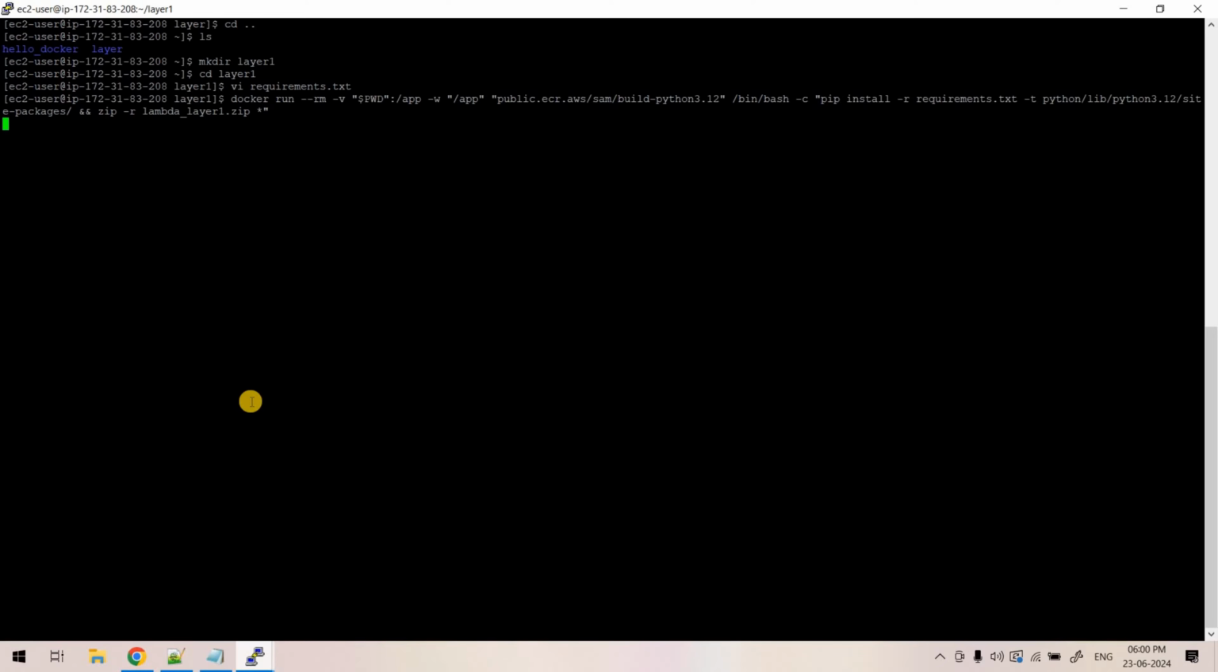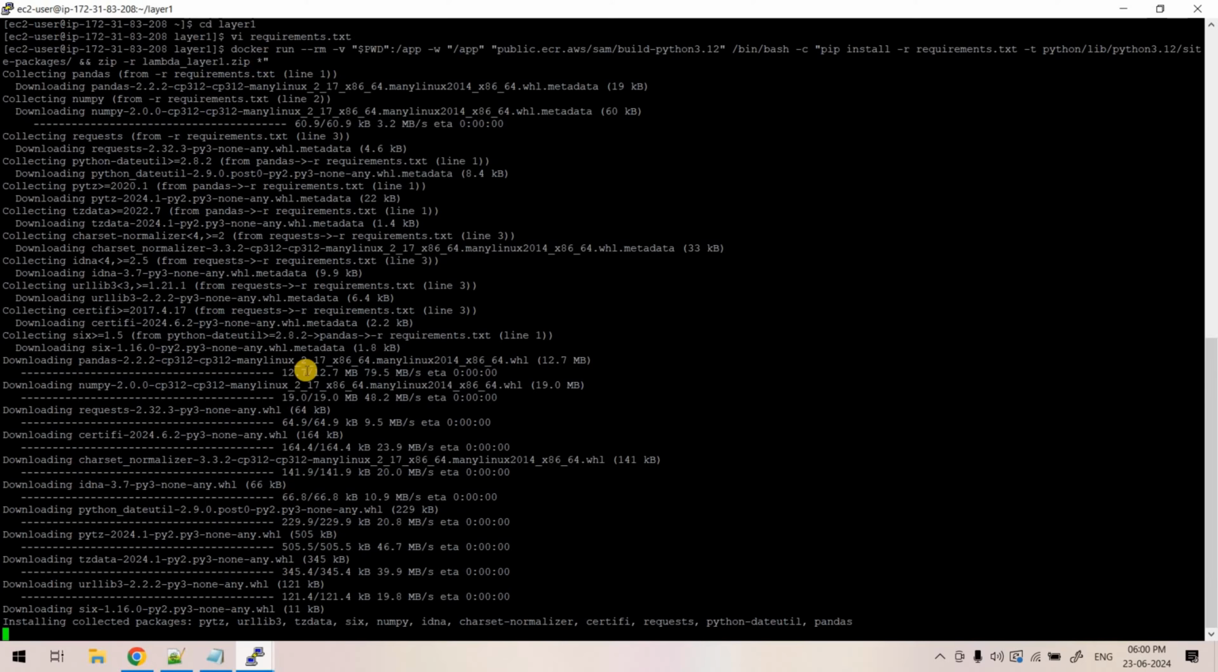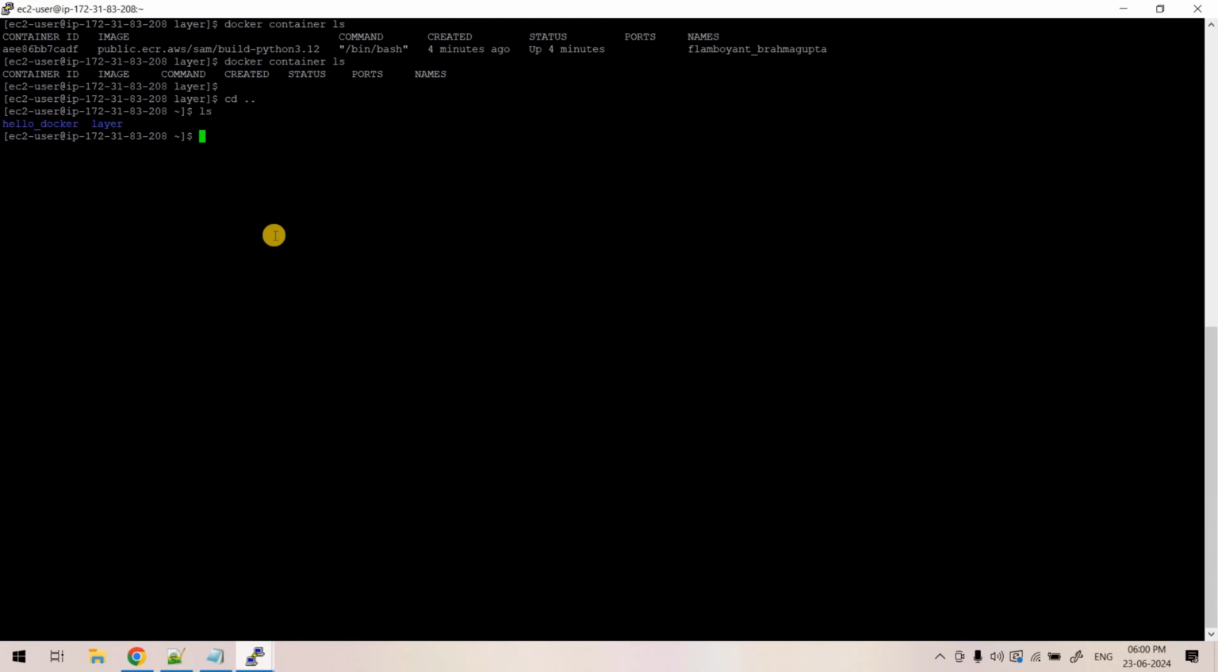So it will pull the image, it will do pip install, and then it will zip the file. All these things it will do together. Okay. So here you can see it is installing, and then here in another terminal, let me go to the layer 1 directory, cd layer 1, and here if I do ls, here you can see that requirements.txt was anyway there,